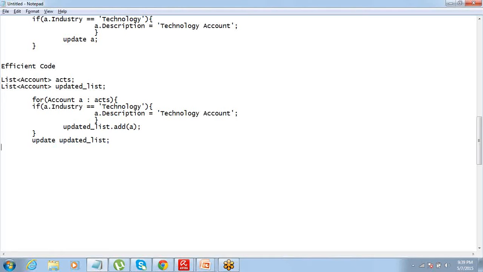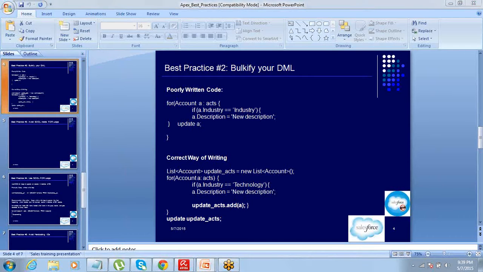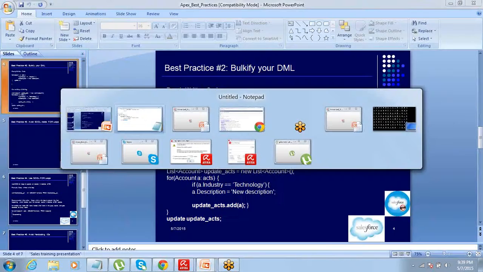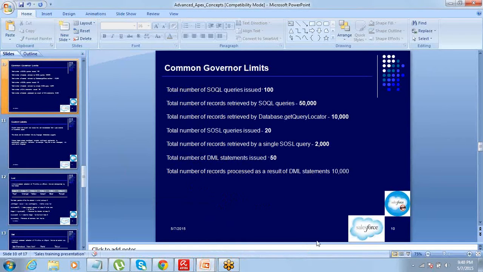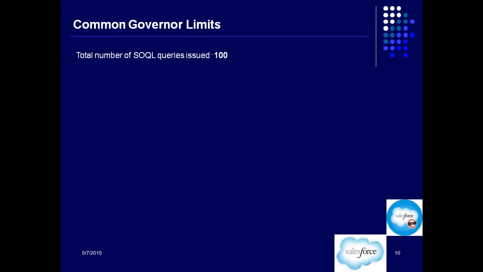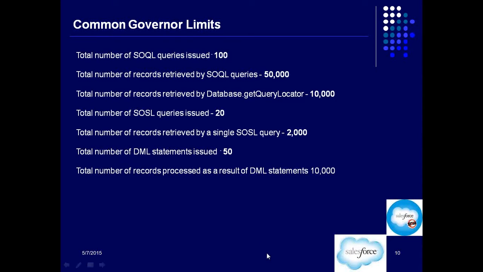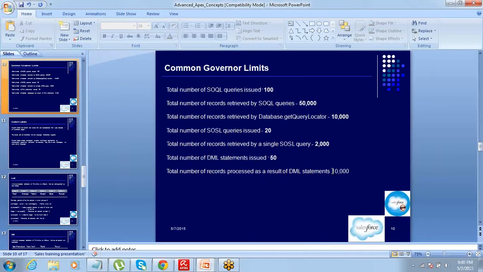So try to do a DML statement for bulk records. Then there is another challenge, if you look into that governor limit we were talking about: the total number of records processed as a result of one single DML statement is 10,000. So that is one small challenge.